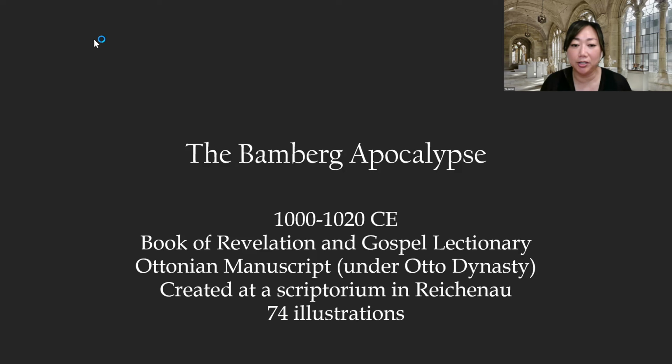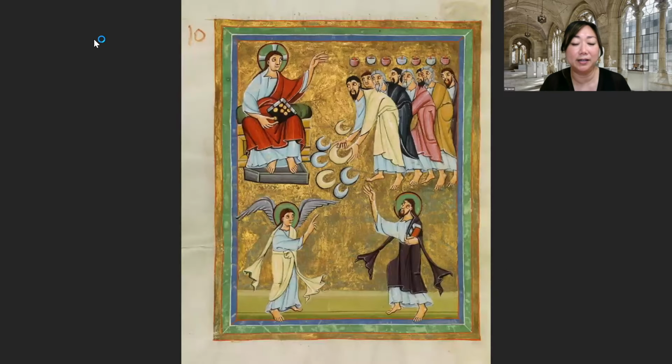It's called an Ottonian manuscript coming after Carolingian, so under the Otto dynasty, created, we know, actually in a scriptorium in Reichenau. So we have mostly monks working who are experts at copying and also illuminating together in a scriptorium over a period of possibly 20 or so years, in which we have 74 illustrations illustrating the apocalypse. So to give you an idea of that, here we have the Son of Man on the